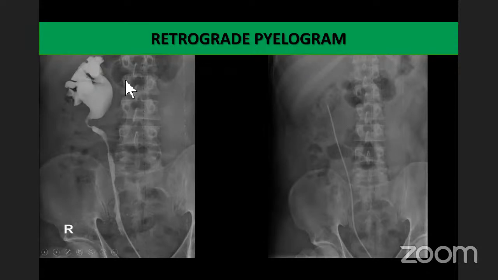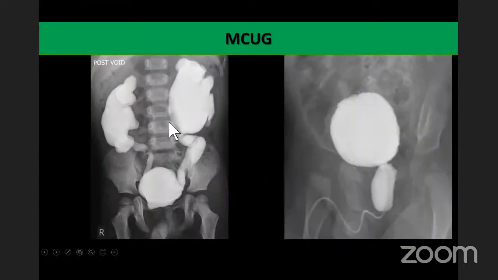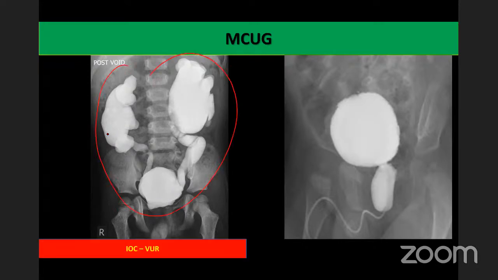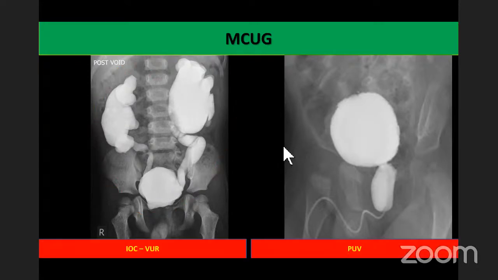Also very important, they will most of the time not ask you the diagnosis as such. They might ask you just the imaging finding, what diagnostic imaging is done. This is a micturating cystourethrogram. It's the investigation of choice for posterior urethral valve, and mainly for vesicoureteric reflux. As we see here, there is vesicoureteric reflux and gross hydroureteronephrosis.